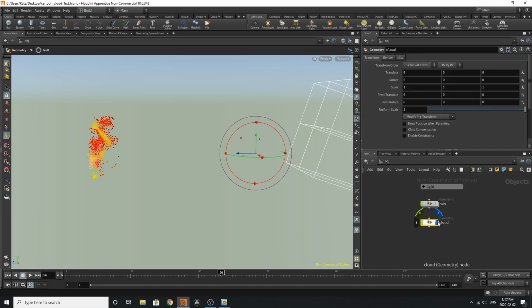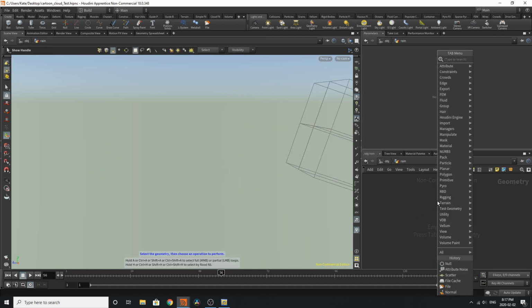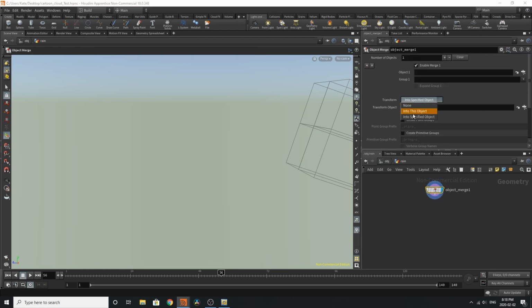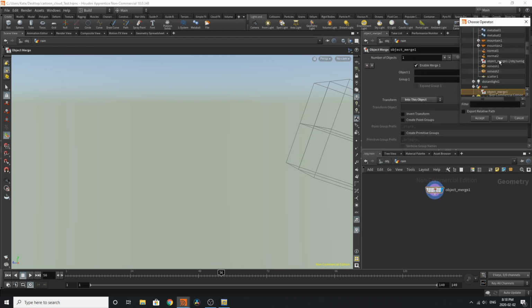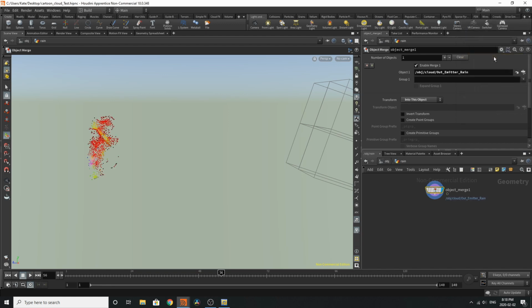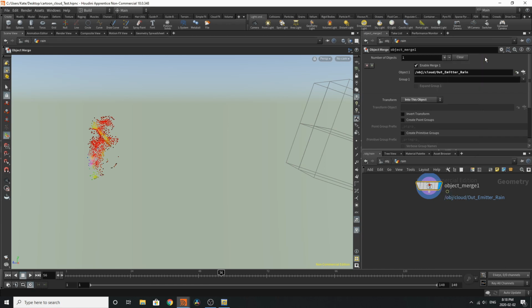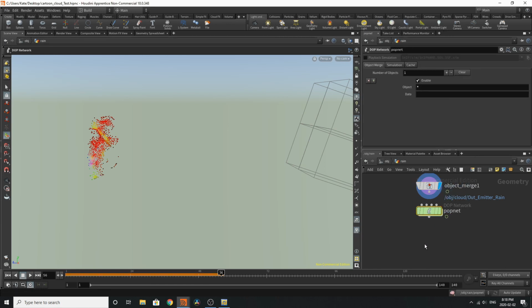And now we'll go over to our rain. We'll add an objects merge. And just close some things up as we don't need them anymore. We'll go to add emitter rain. And we'll add a pop net. And before we go any further with that,